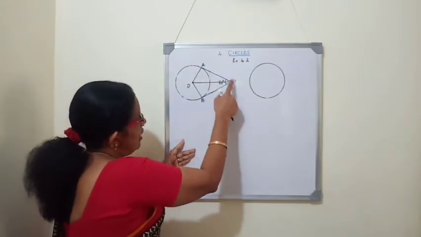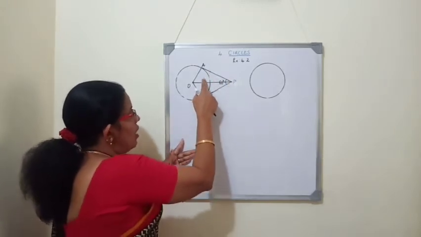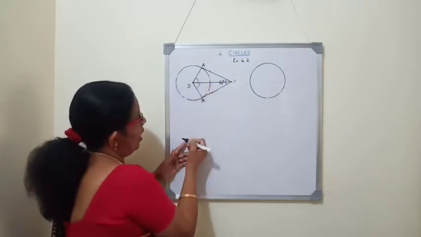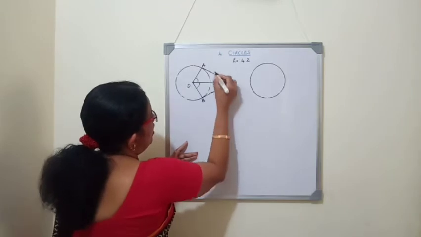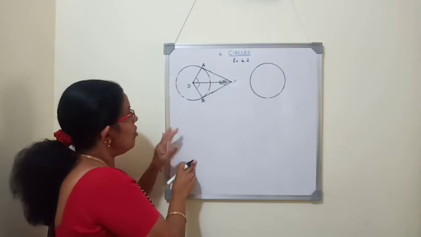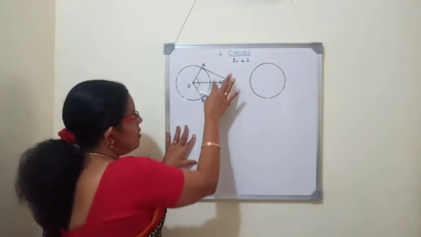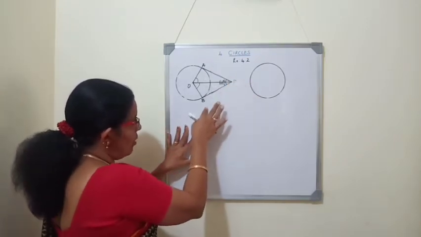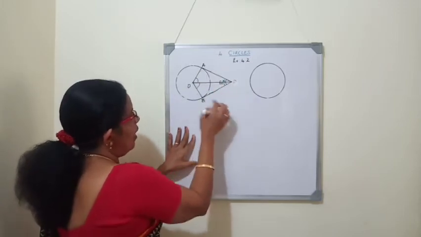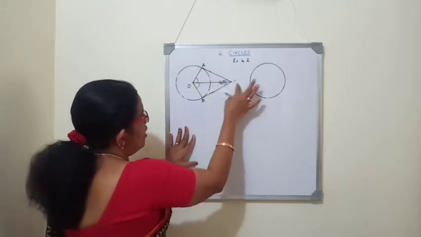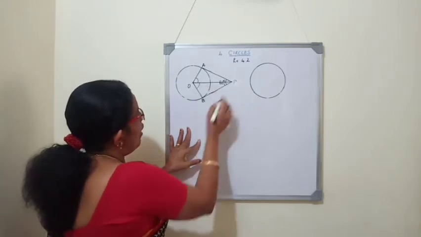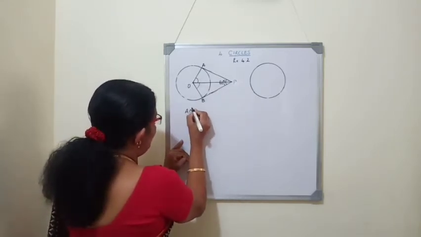So not only are the sides equal or tangents equal, if the triangles are congruent, we can say that these two angles are also equal. And even these two angles, that is APO and BPO, are also equal. So from the theorem, once the triangles are congruent, PA is equal to PB, angle AOP and angle BOP are also equal, and angle APO and angle BPO are also equal. So here we wanted to find out angle AOP.